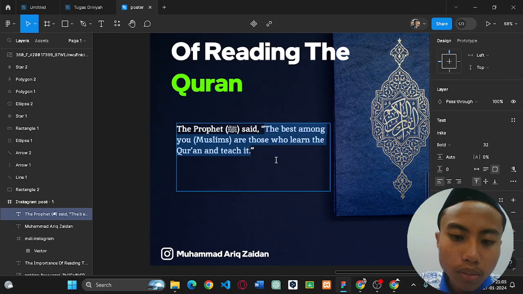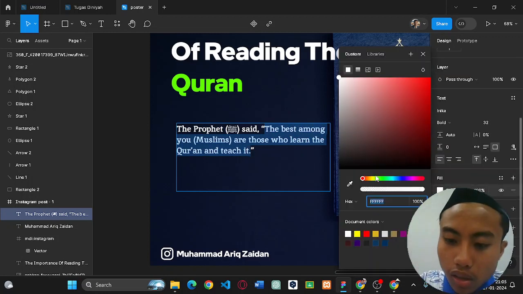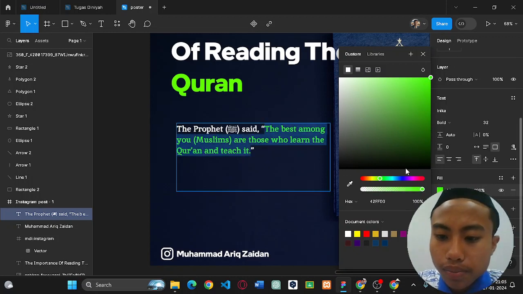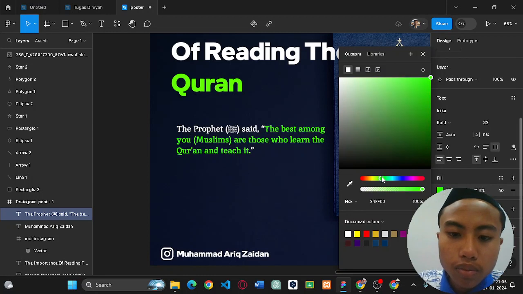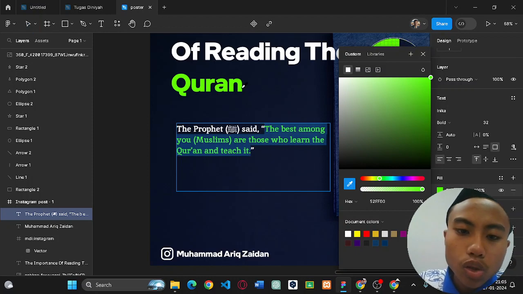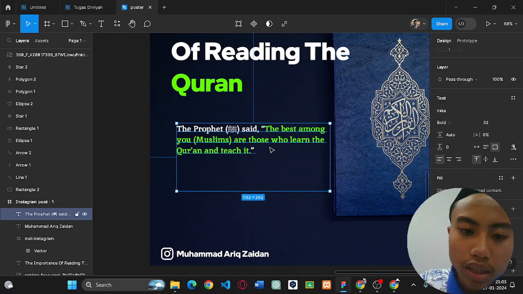You can make it more colorful. Oh, wait, and then you can color it like this. Or you can use this, pick the color, and then boom, like this.